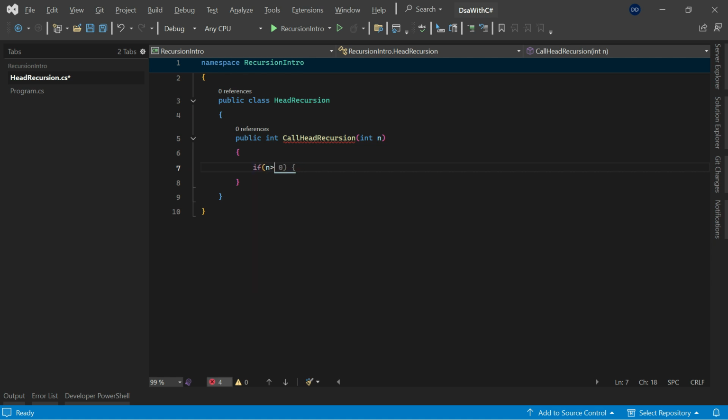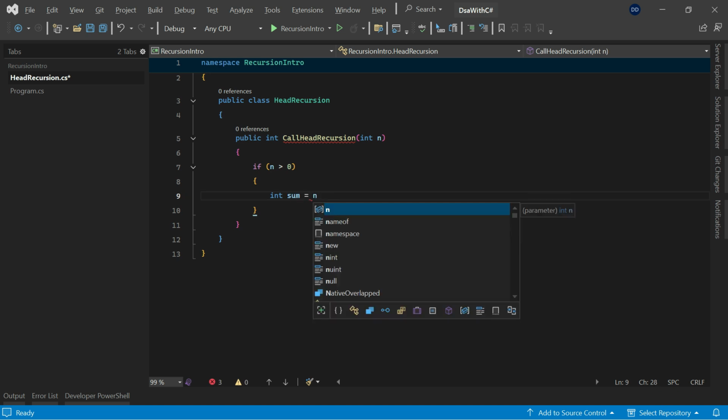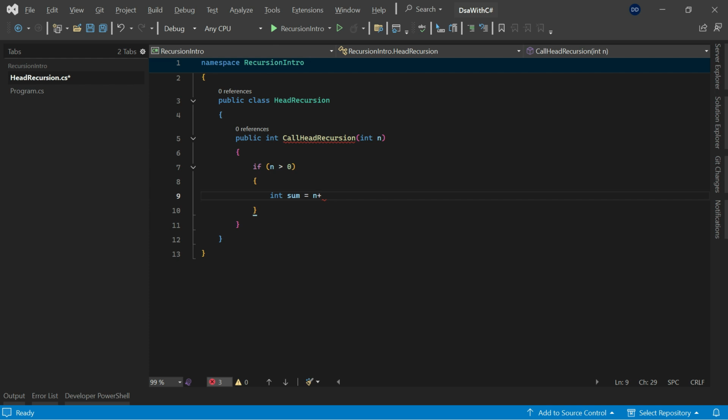And what will that be? Here I am taking n is greater than 0. If n is greater than 0, then only I am doing the recursion call, otherwise I am exiting this recursion loop. And here I want sum, so I'll take one variable to store my sum. So what sum do I want? n, and sum of n minus 1. So recursion call